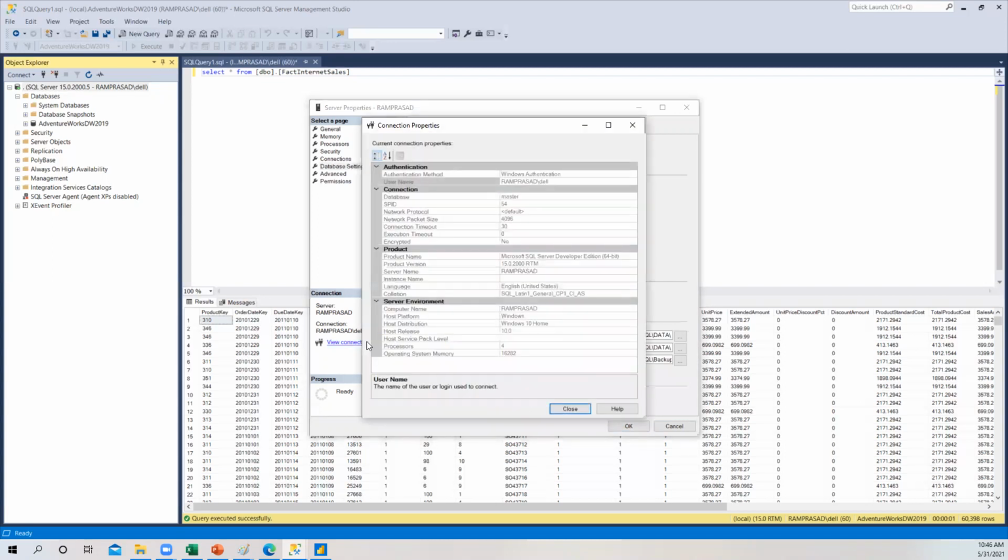view connection properties, what is my server name here? Are you seeing the server name anywhere, guys?